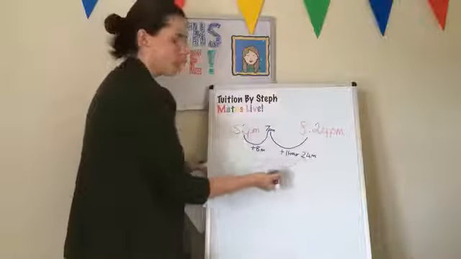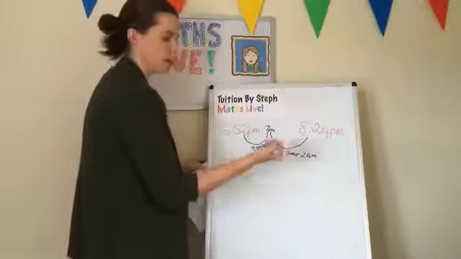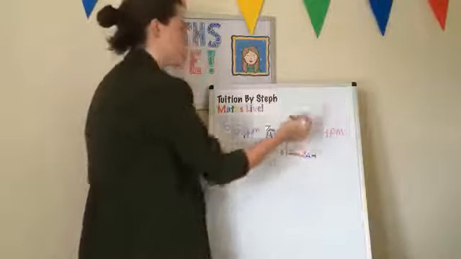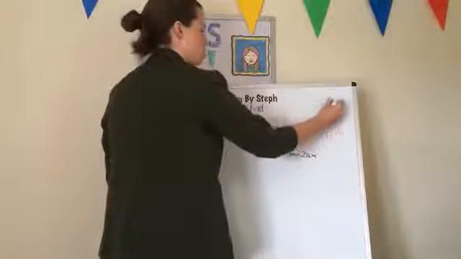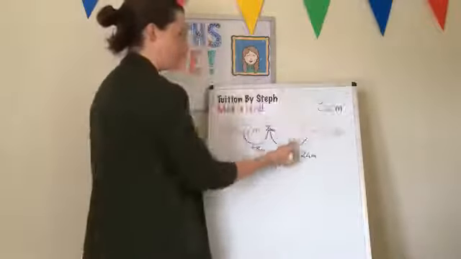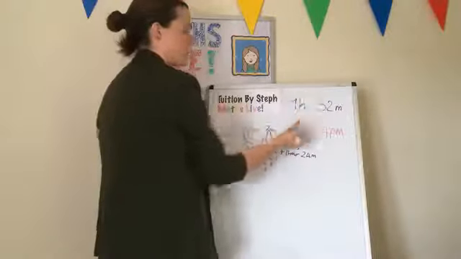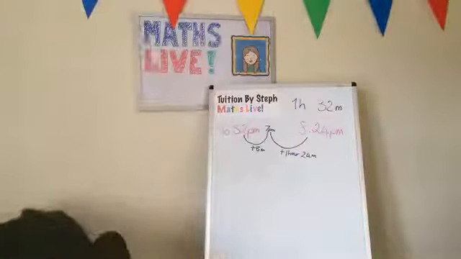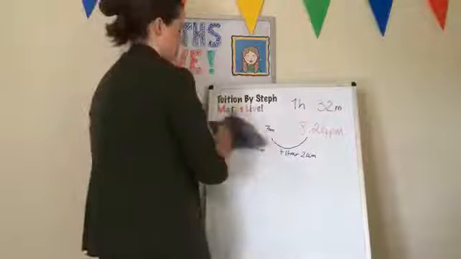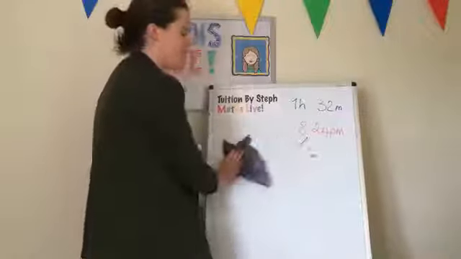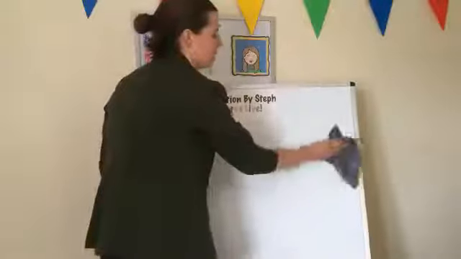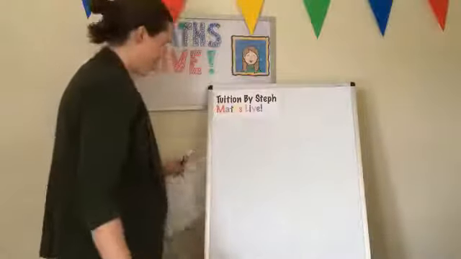And then I can add these together. So what is 24 plus 8? 24, 25, 26, 27, 28, 29, 30, 31, 32. So 32 minutes and 1 hour. So 1 hour, 32 minutes. That's how long it took her to do her homework. Some of you say, wow, she starts late. She might have had an after school club or something. At least she did her homework.